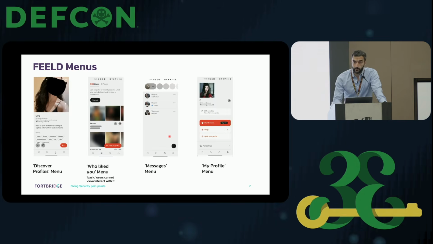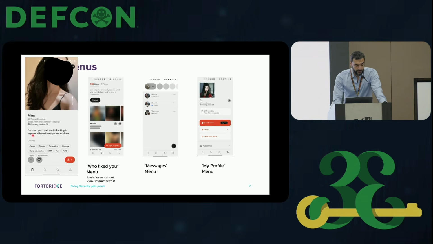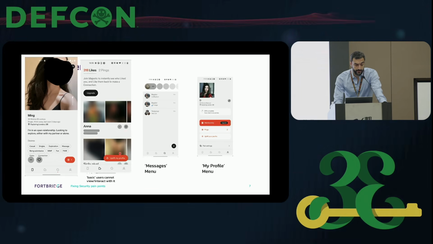Now let's see what this mobile app looks like. We have four main menus. The first one, the discover profile menu, where you get the photos, the name, how far that person is and when they were last active, a short bio, and what the person is interested in. The second menu, who liked you. This is the view as a basic user.